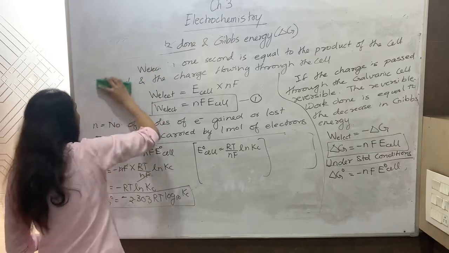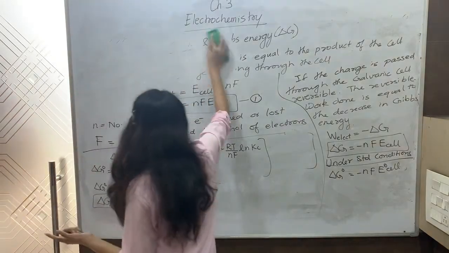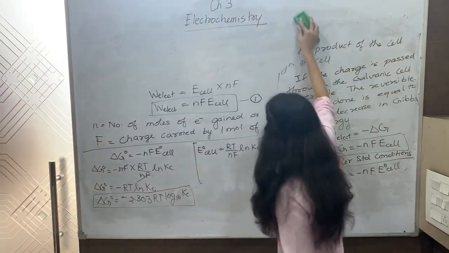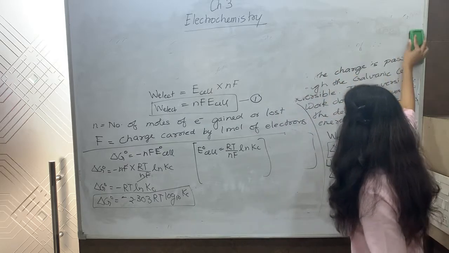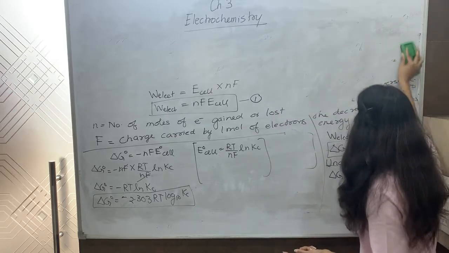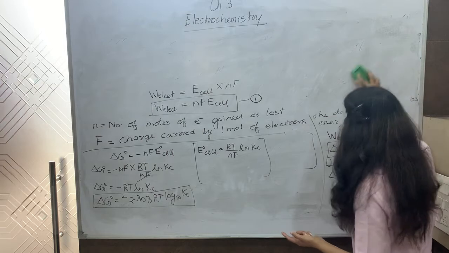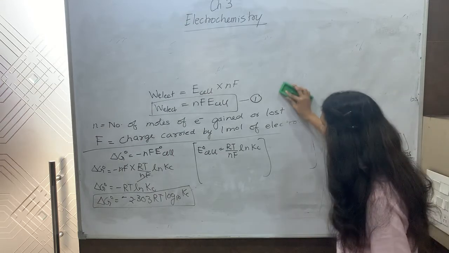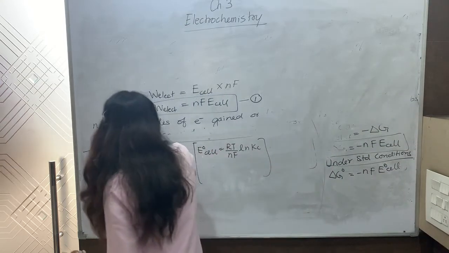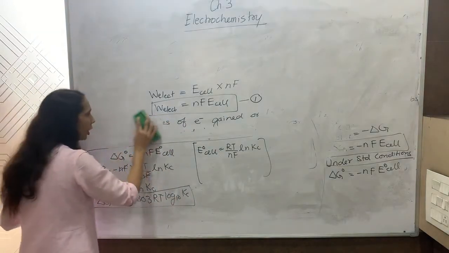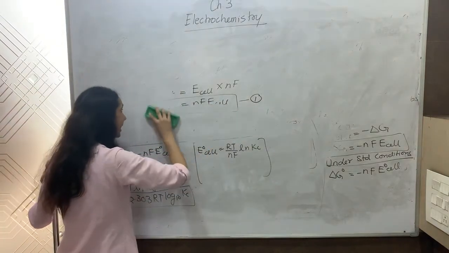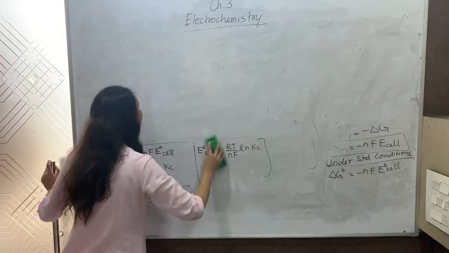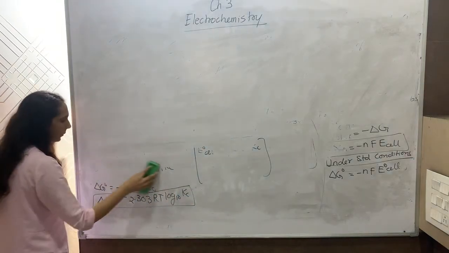So this we have done with 3 terms today. The equilibrium constant, how we calculate it using the Nernst equation. Second thing that we have done is the electrical work done, NF E cell. And then we have done what is Gibbs energy, and we have also derived the relationship between the standard Gibbs energy and the equilibrium constant Kc.